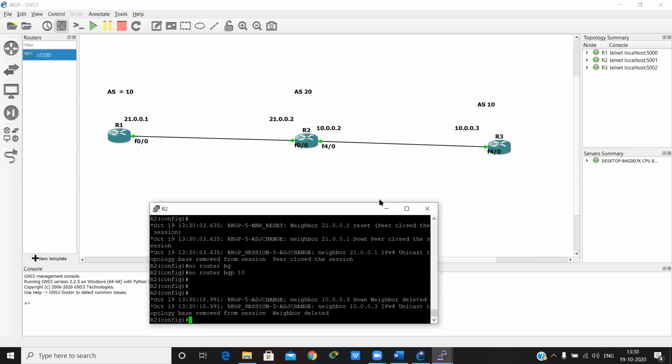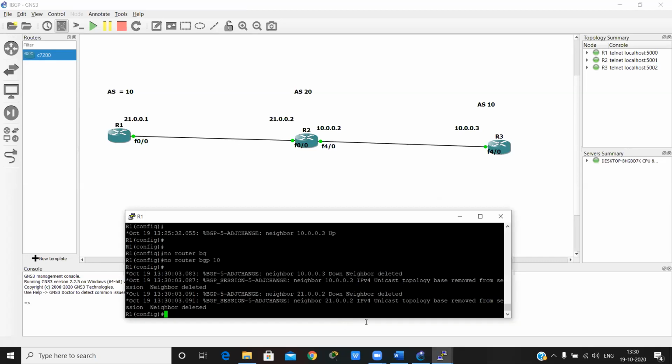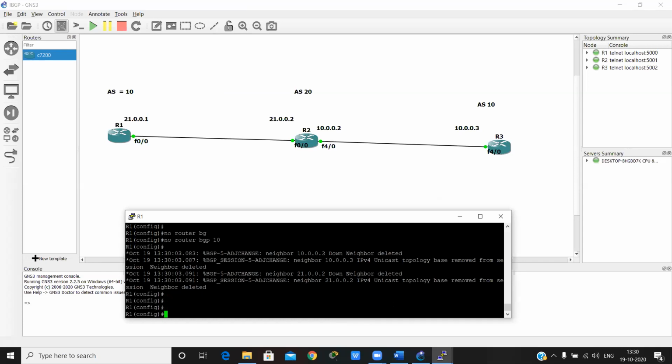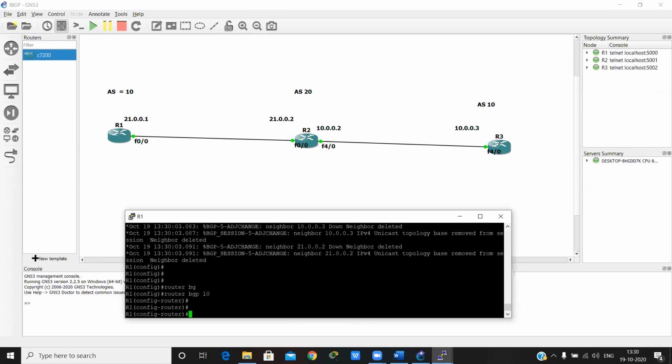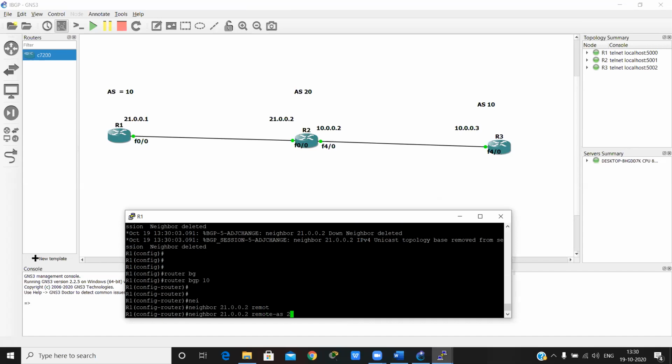Okay, now we have to configure the eBGP. Bhuvan, after this you have to configure by yourself, I will give you one question. Okay, router BGP 10, neighbor is 21.0.0.2 and remote AS 20.